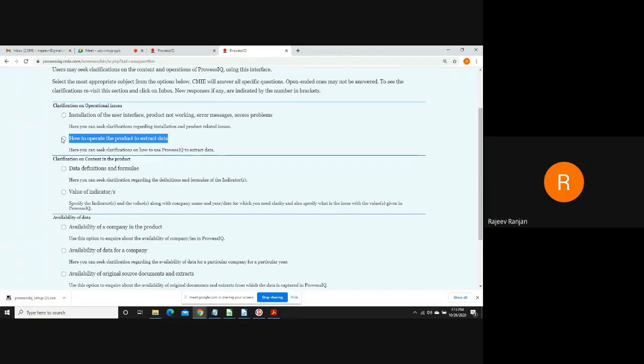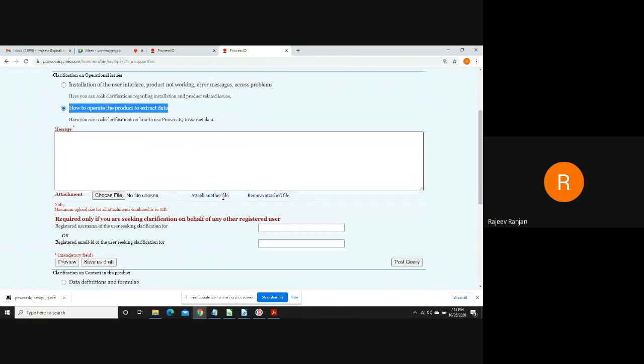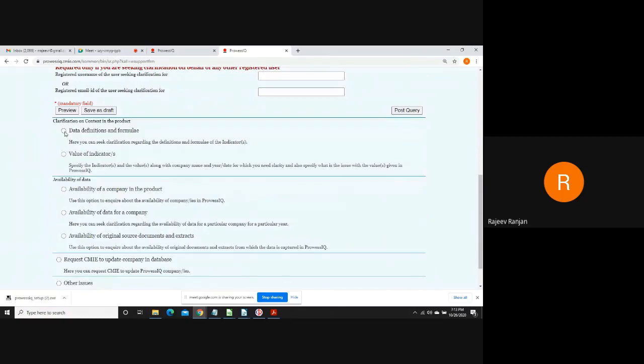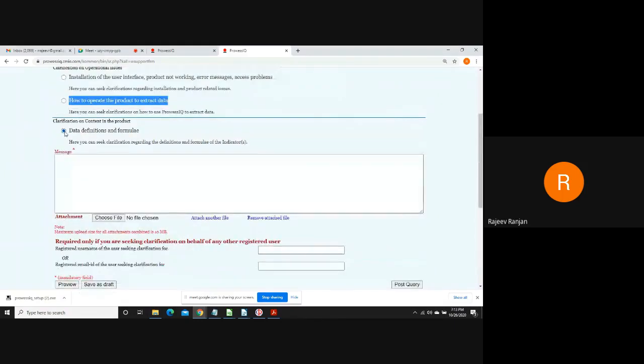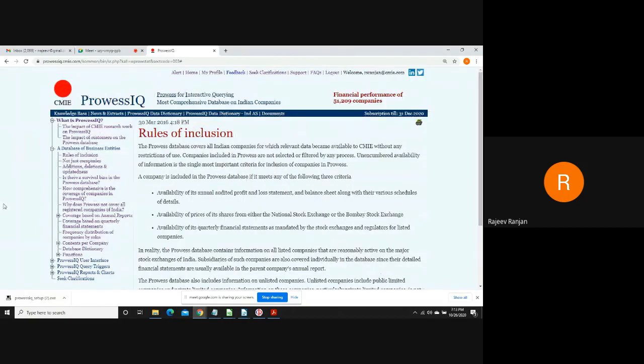When you put in your query here, you just click, type in your query and post it. A backend team will respond with the steps on how to extract the data. Similarly, there is a data definition in the formulas. If you have gone through the formulas and still want to be more sure how these formulas have been defined, or how a formula of a particular company has been defined, you can ask a search query and it will be responded to. So this is a very important section, Seek Clarification, as well as the database dictionary.